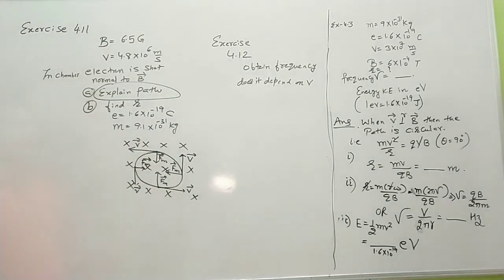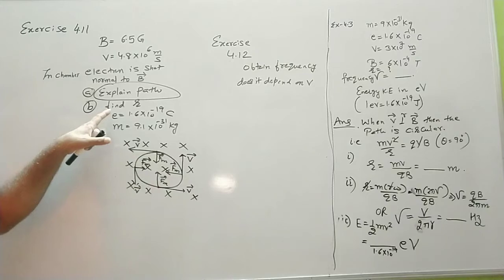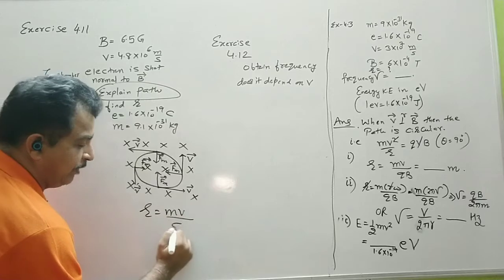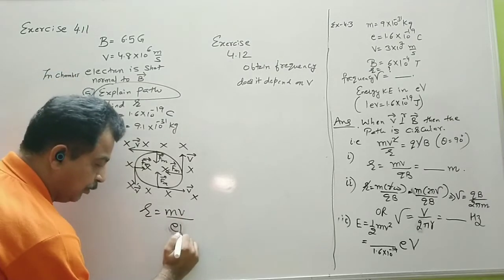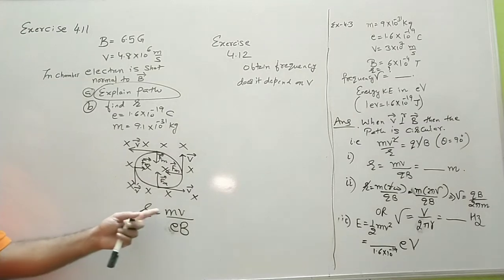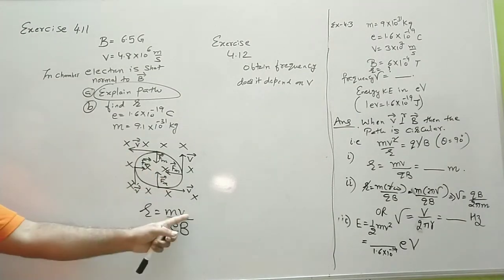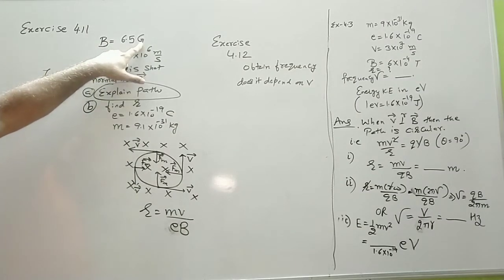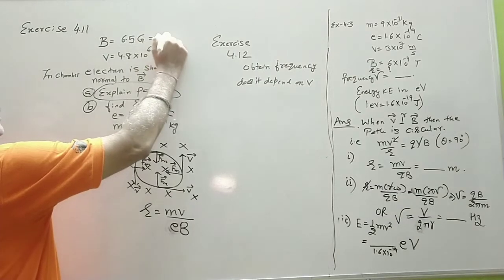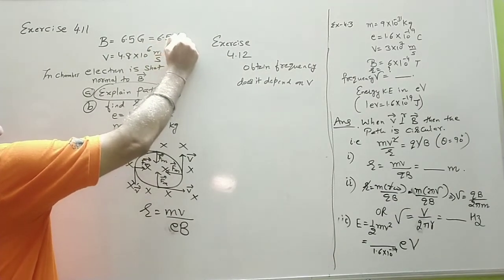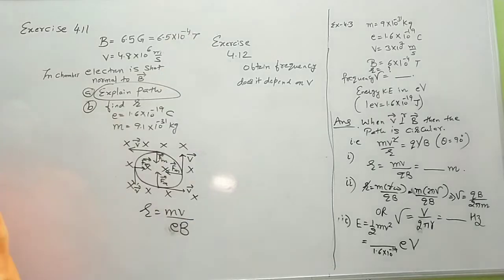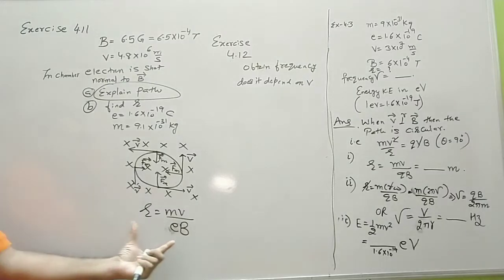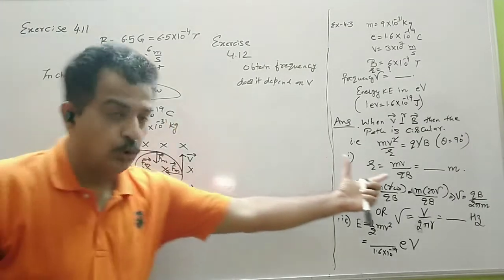Second part, if it is performing a circular path, find the radius. Again the radius formula is R is equal to mv upon qB. Here it is an electron, so you have eB. The mass is given, or we know the mass of an electron. V is given. See, the magnetic field given is in Gauss, which is a smaller unit. So it is equal to 6.5 into 10 raised to minus 4 Tesla. 1 Gauss is equal to 10 raised to minus 4 Tesla. So you substitute this value similar to this.